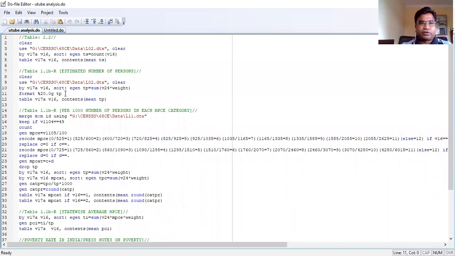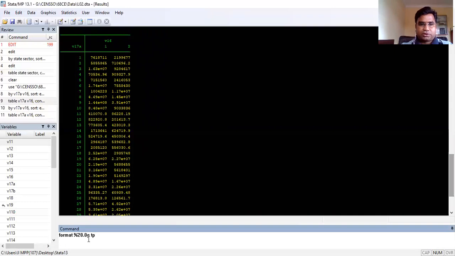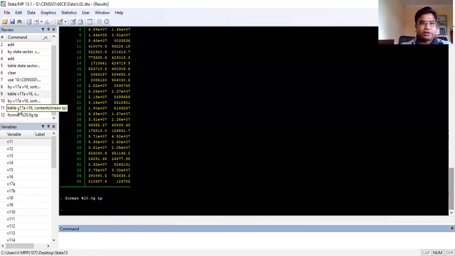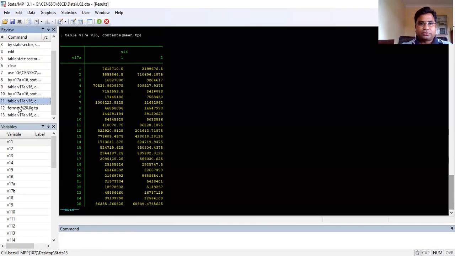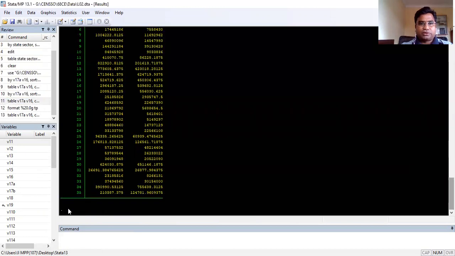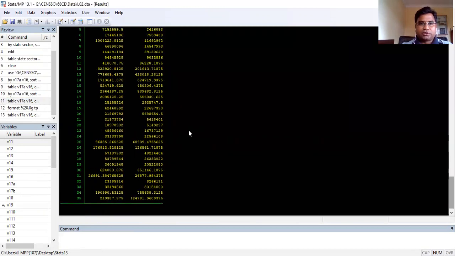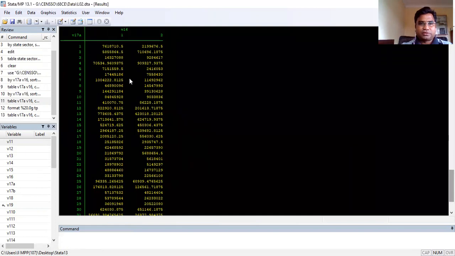So just say format this one, and then regenerate the table if you have a problem. Now you see there are no numbers in that particular format, so you can get the full, whole number. So let us check Jammu Kashmir once again.